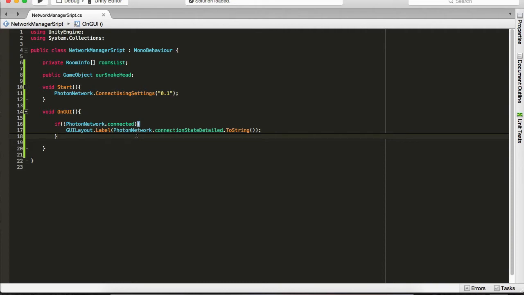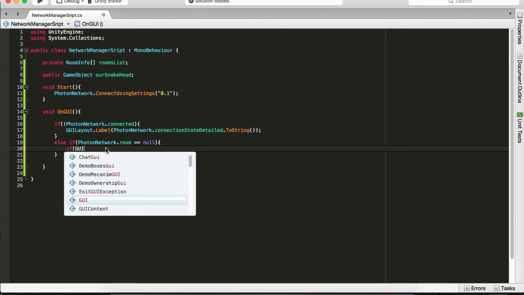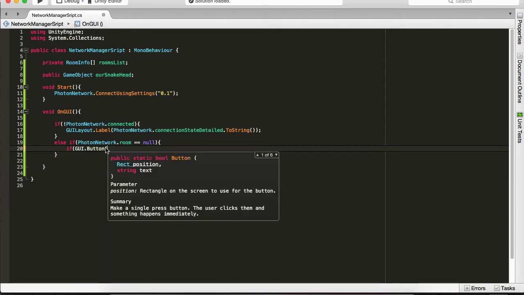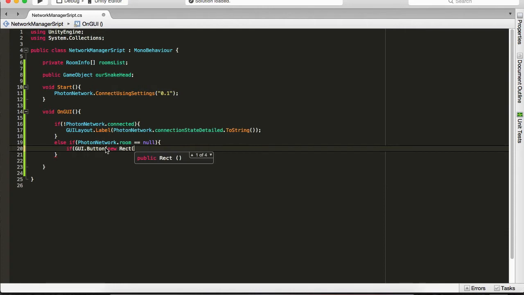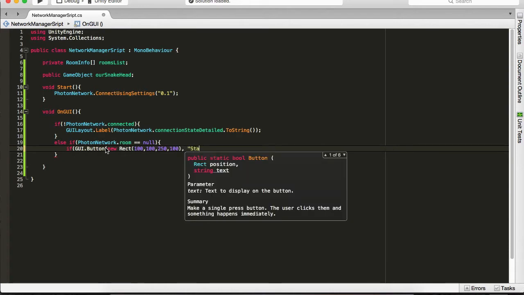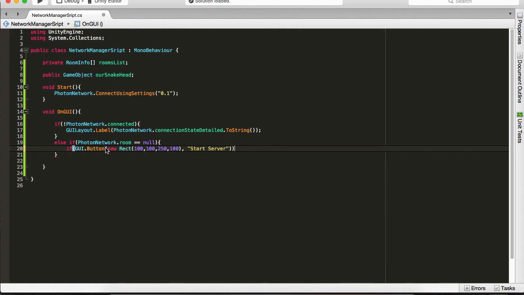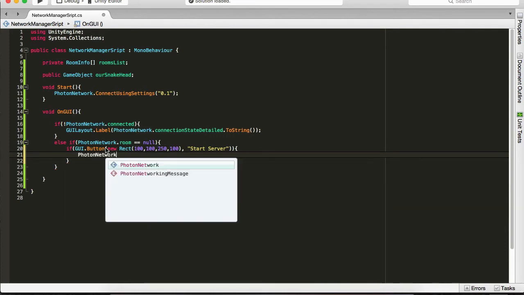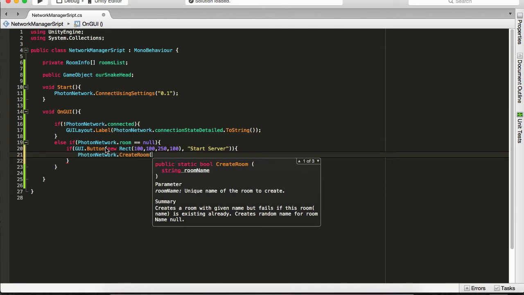Okay, so the next thing is else if Photon network room equals null, which means if we are not in any of the rooms, we want to say if GUI button, which is used to check if the draw button that we made is clicked. I'm also sure you're familiar with it. We'll just say new Rect, let's say 100, 100, 250, 100, comma, "Start Server", close once more. And if this is clicked, we want to say Photon network create room with the name,